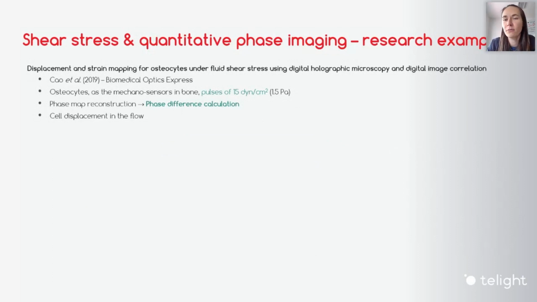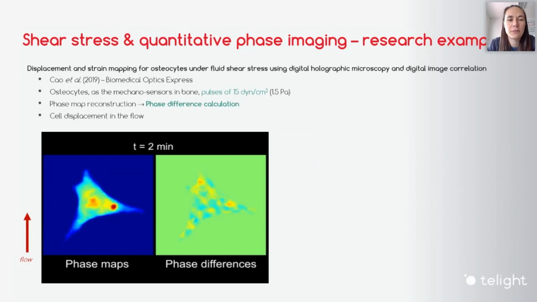So first, I would like to introduce the paper from a Chinese research team that focuses on osteocytes, because these cells are mechanosensors in bone. So they expose the cells to pulses of shear stress, and they use quantitative phase imaging to monitor them. First of all, they reconstructed the phase maps, similar to what we do in our microscope, and then they calculated the phase difference,